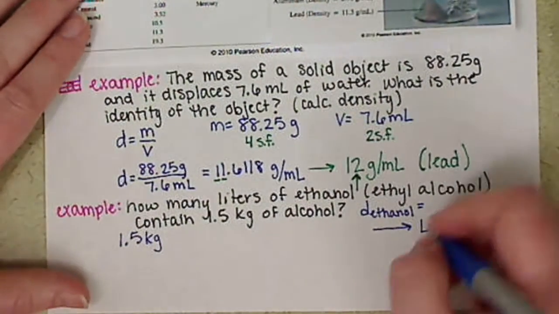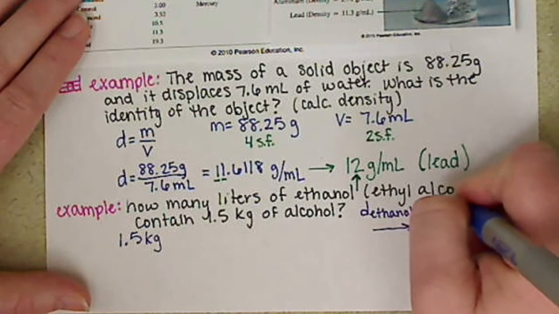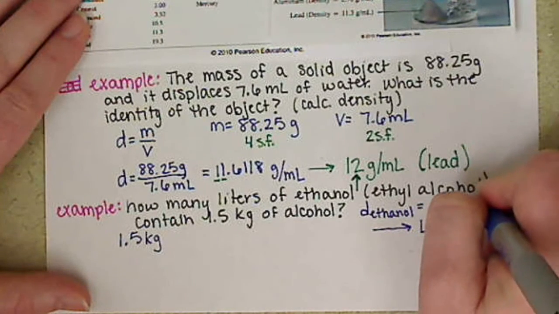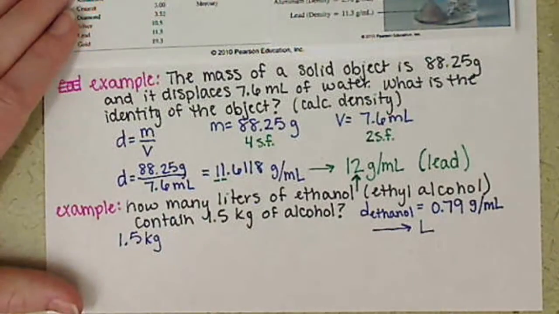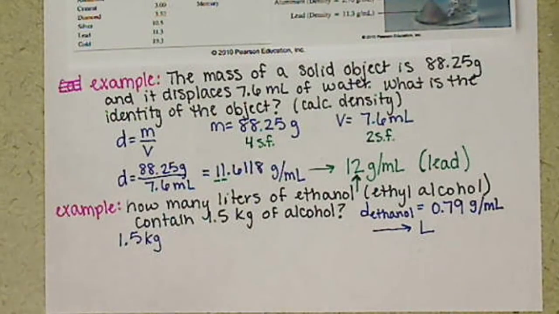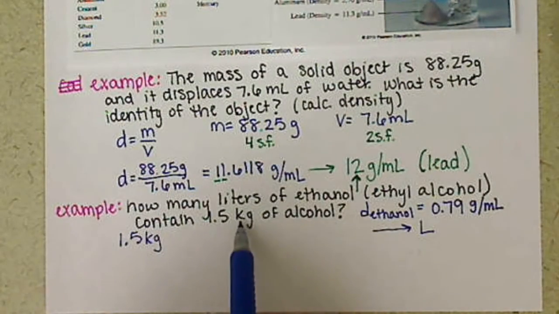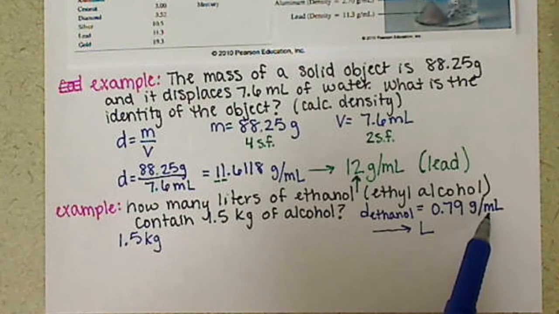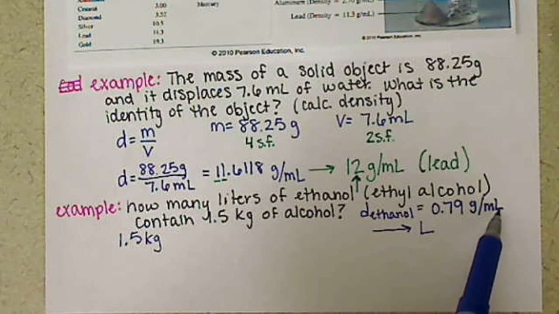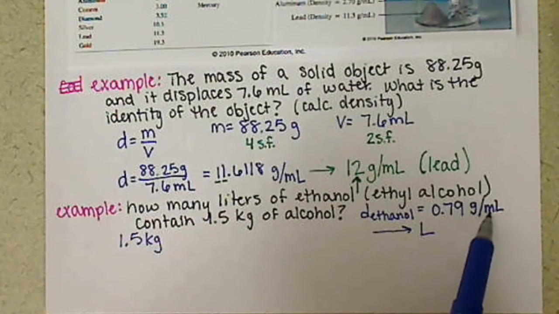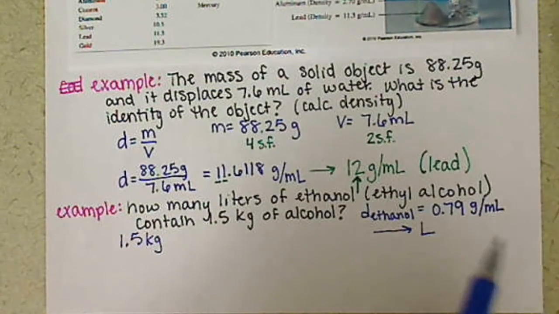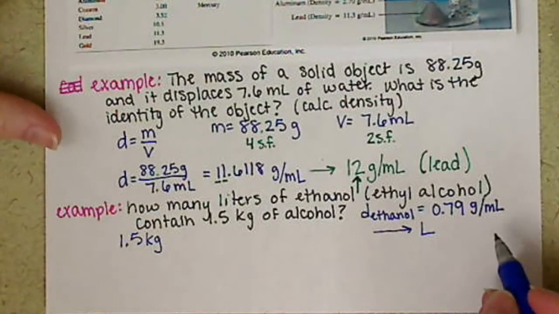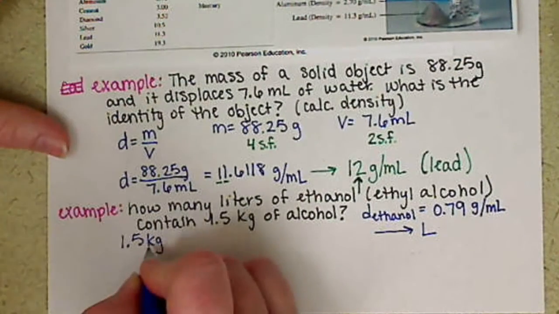So our density of ethanol is 0.79 grams per milliliter. As long as we can somehow get our mass from kilograms to grams, we can then convert from grams to milliliters using density. And then we have liters and liters as base units, so we can convert that. So kind of our plan of action for this is: